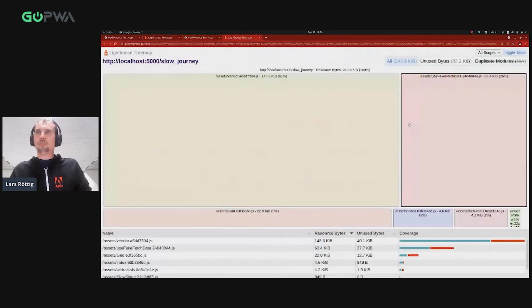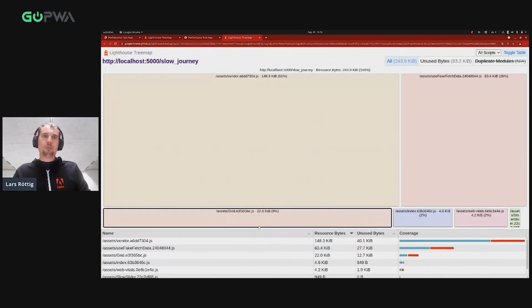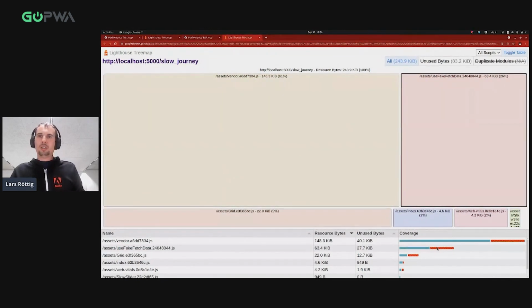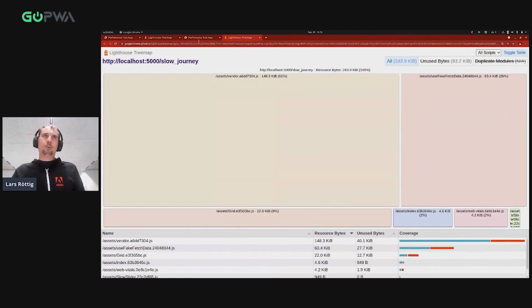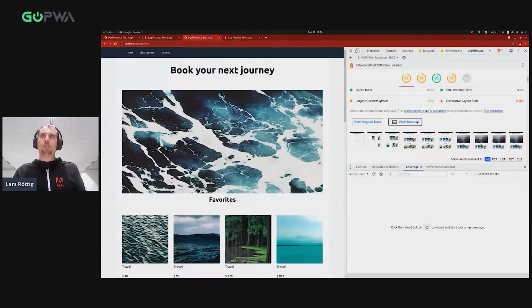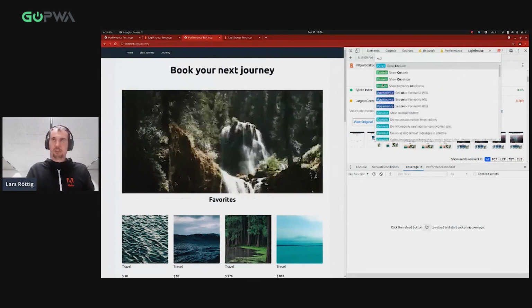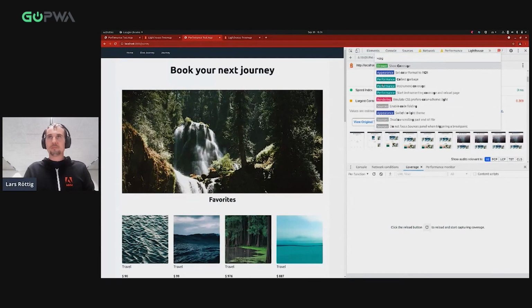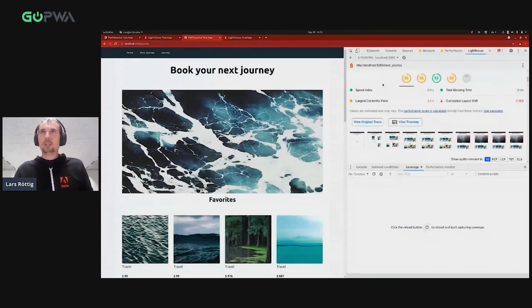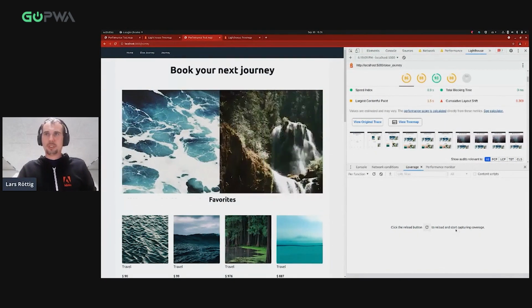If you go on the tree map, you already see, okay, I have useFetchData, which includes a lot of unused code. If I would like to know what happened here, I could go to the coverage report, show coverage, and reload.